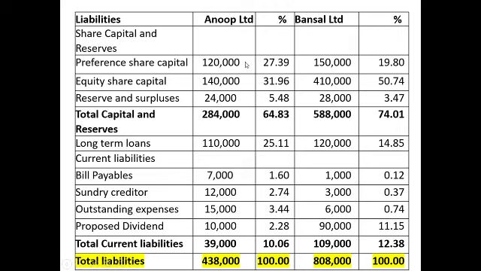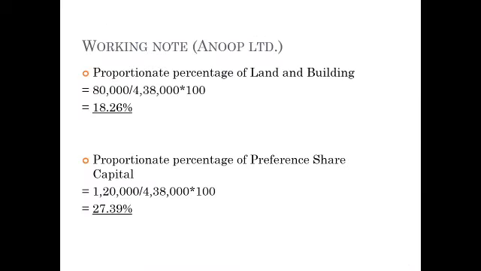So here in terms of percentage, total liabilities come to 4,38,000. Out of 4,38,000, the preference share capital value is 1,20,000. So in terms of 100, what is the value? We need to find that out. So the proportionate percentage of preference share capital is calculated here: 1,20,000 divided by 4,38,000 into 100. If you do that, you will get nearly